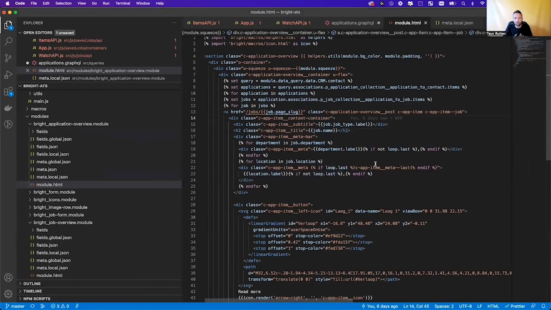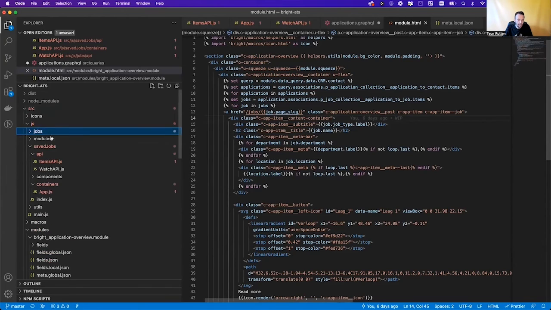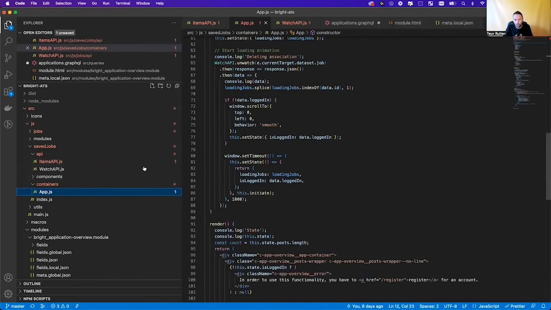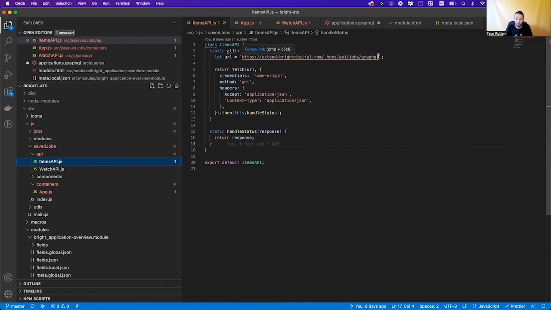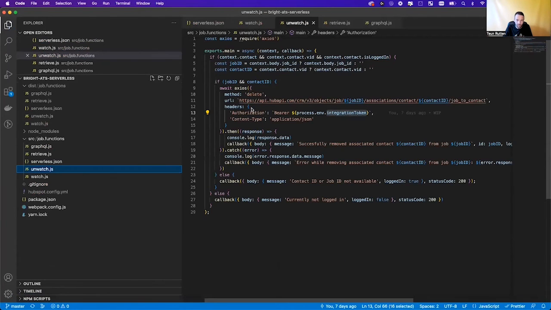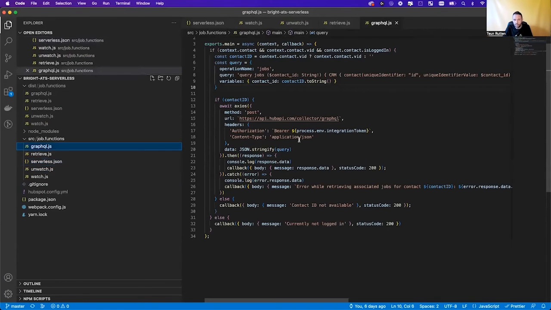If I navigate back to my code, you can see that I have a second React app which is a bit more simple than the job overview I showed before, but I'm going to call a GraphQL endpoint. And if you remember correctly, I showed you that in my serverless.json, I created a GraphQL endpoint with the method get. Now, if we take a look at the function that is connected to that endpoint,